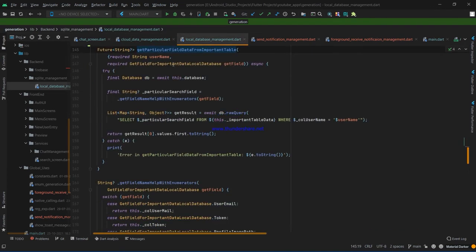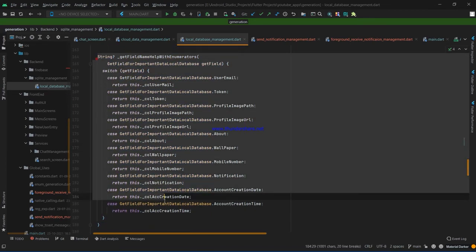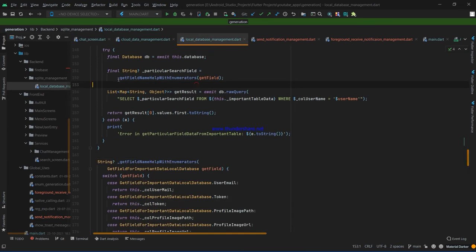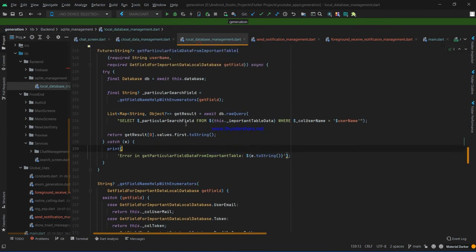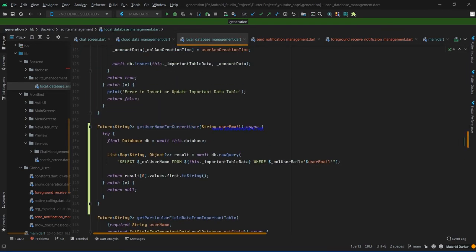We actually made that method get particular field data important table and all this stuff, and this is associated with this thing. We made it in one of the previous videos, so if you follow my tutorial, you must be aware of that. Through that we take the connection token, with providing the connection username, and we just made that method get username for current user.